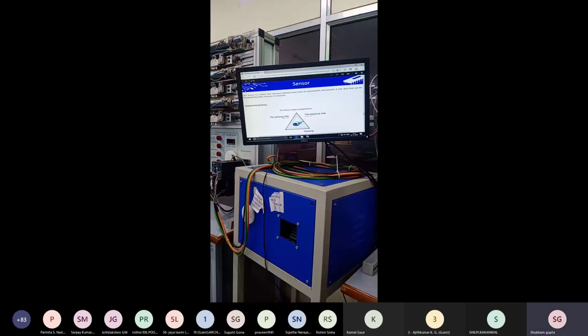The components of a sensor used in the PLC: it has a sensing side at the front end, one housing to connect with the module, and at the end the electrical side wire which gives output.